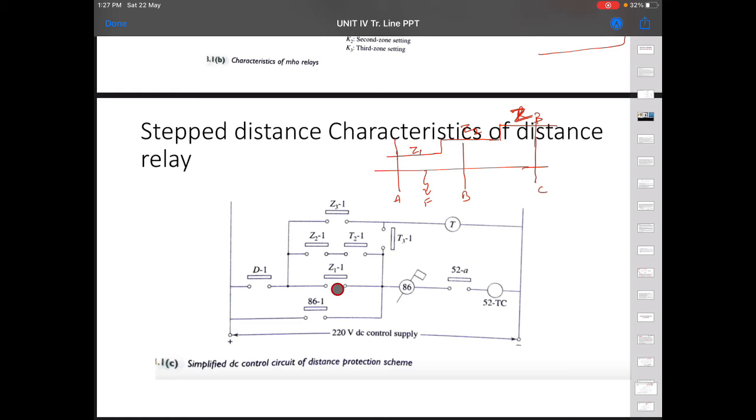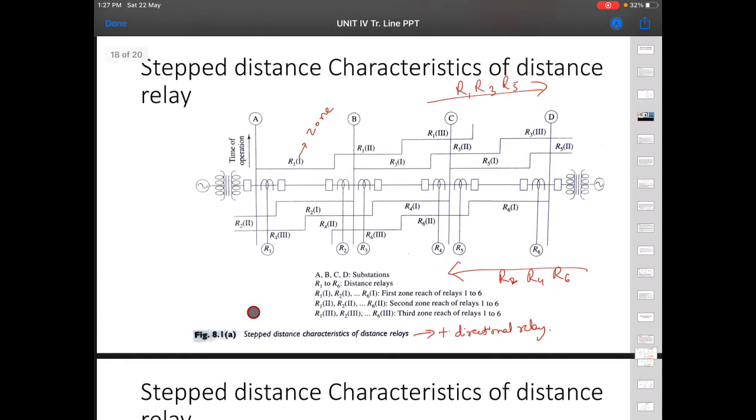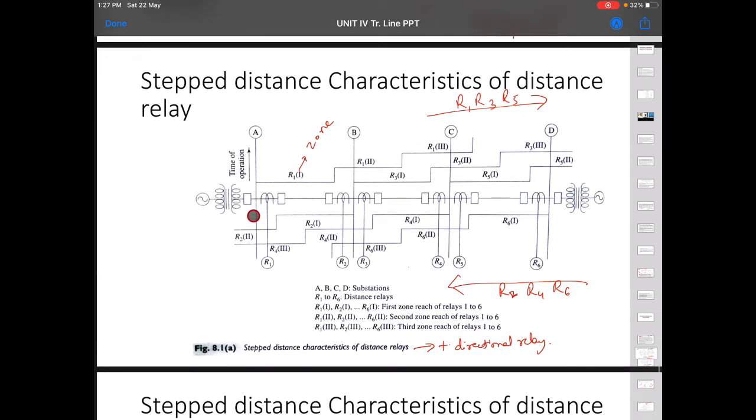this will activate, and in zone 1 your directional relay will also operate. This is the directional relay, and it will operate only when the fault is in zone 1, because it is a directional relay. Do you understand?